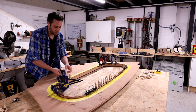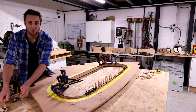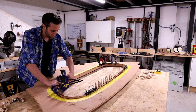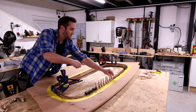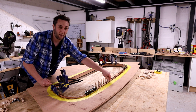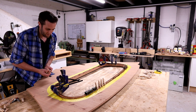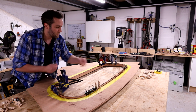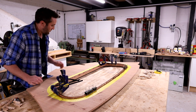So I can take all the clamps off, and I'm going to leave the clamps in the major stress positions, which are the outer runs of these sharp turns, because it's a little bit gummy. So if I take those off, it could just slowly spring and part away, and it's actually a bit late at night. I probably shouldn't still be at the workshop, but if I go home and go to bed and leave that, I might come back in the morning and find that some of those laminations have parted open, which I do not want to do. So I'll leave the bulk of the clamps on, but what I can do is take